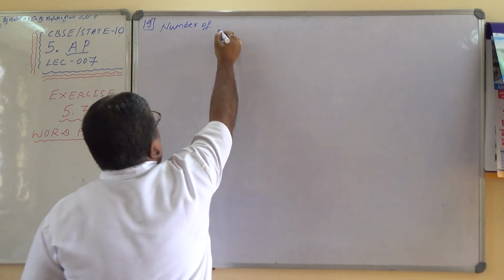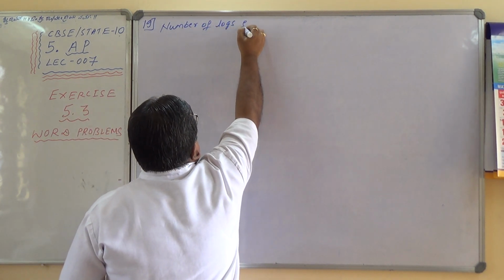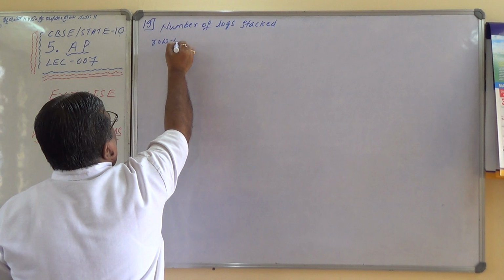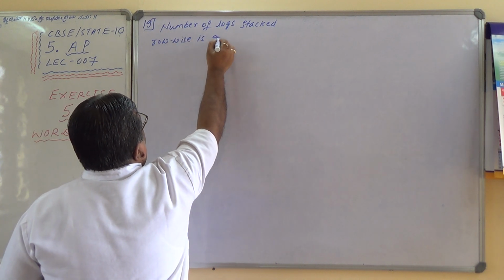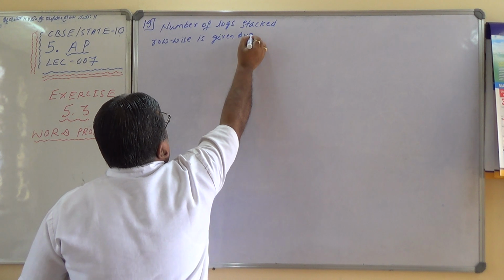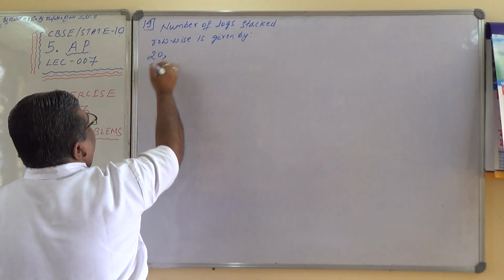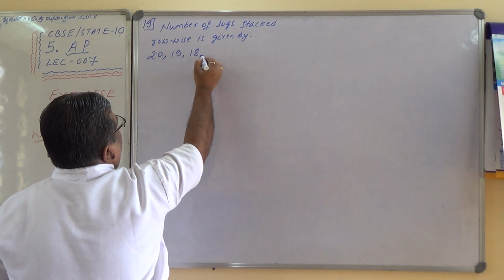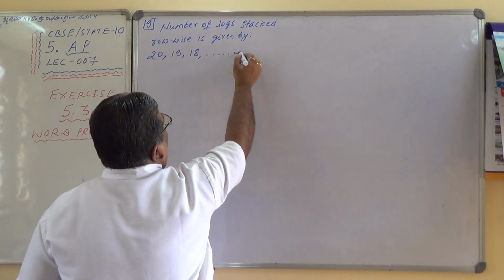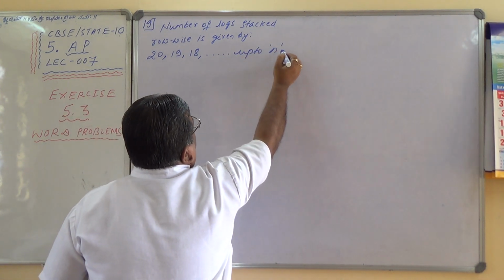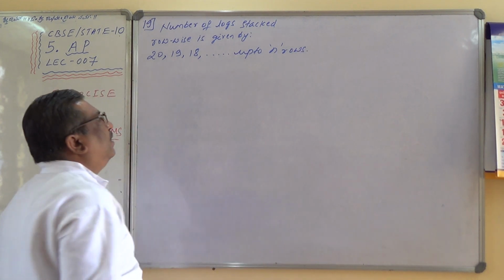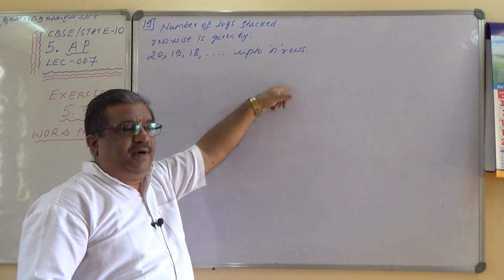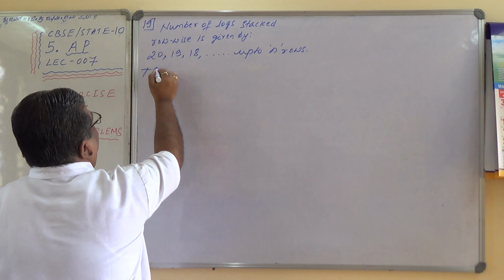Number of logs stacked row wise is given by, in first row 20 logs, in second row 19 logs, in third row 18 logs. It continues up to how many rows? N rows. Let n be the number of rows present here. Therefore, I am considering here n rows. Do you understand? Therefore, this list